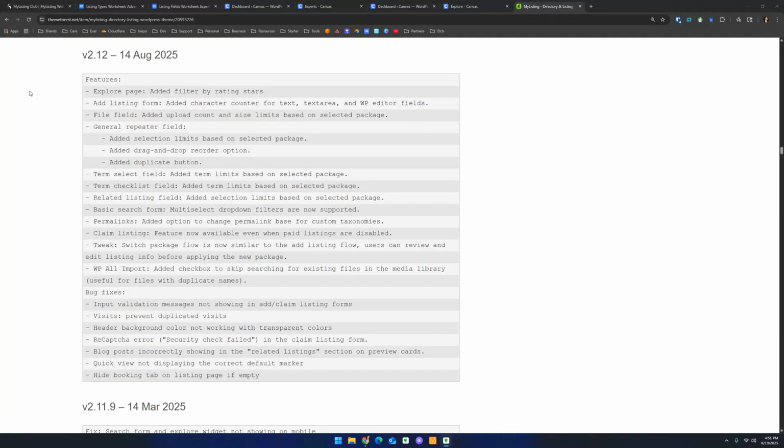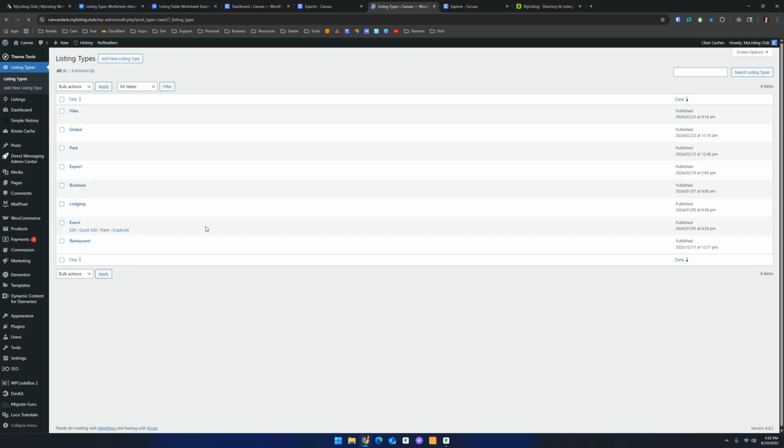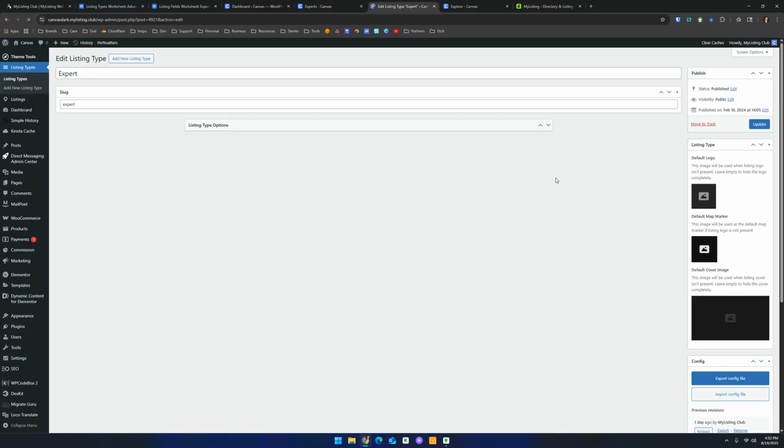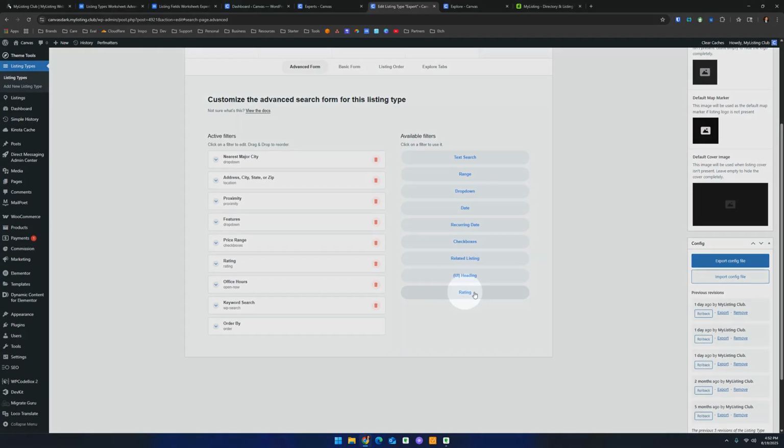Okay, so this first one right here: Explore page added filter by rating stars. What I did is I went into each listing type and added that filter. If we go to dashboard, listing types, and I'll just choose the expert listing type here, we go to the search forms, advanced form, and I just added this rating field right here, dragged it over,